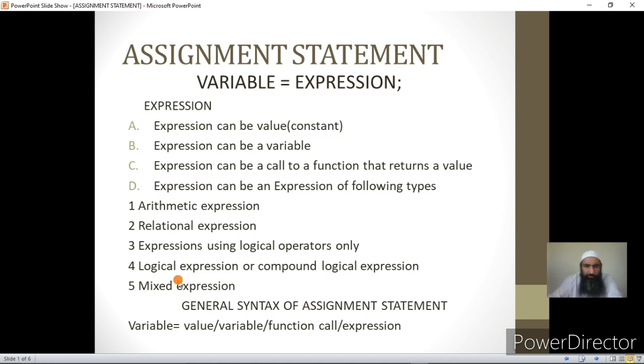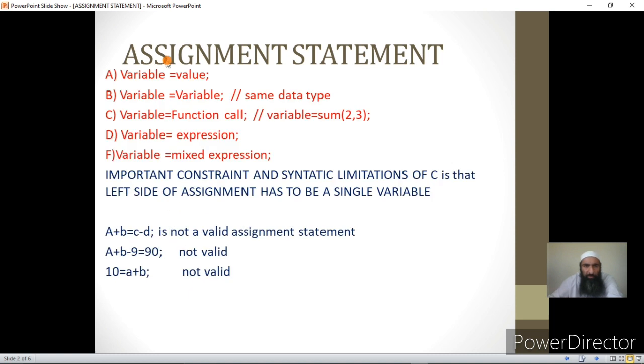Next, this is how we use it: variable equal to value, variable equal to variable, and variable equal to function call, such as variable equal to sum of 2, 3, where I am calling a function sum, passing two values, and it returns the sum of these two numbers, and that sum is assigned to a variable. The variable can also be assigned a mixed expression.